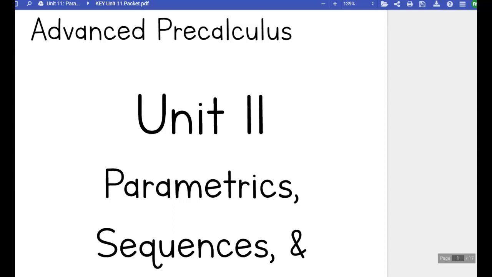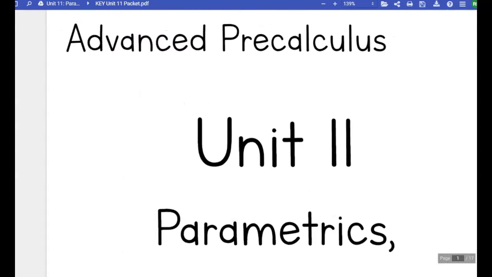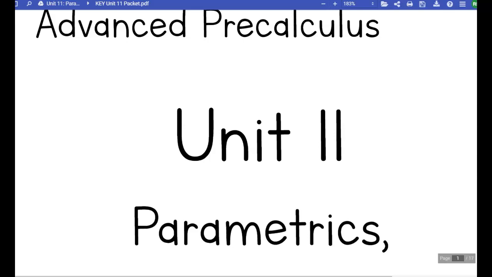All right, today we're starting our first 3 days of the unit over parametrics. Now, parametrics is not really a hard concept to understand, but in order to understand it fully, it's easiest to look at an application of parametrics. So that's what we're going to do first. We're going to look at